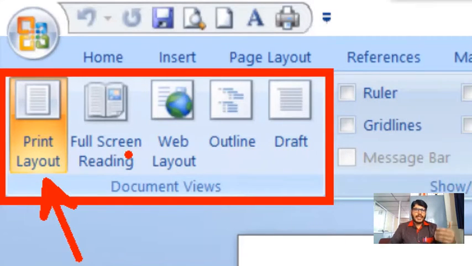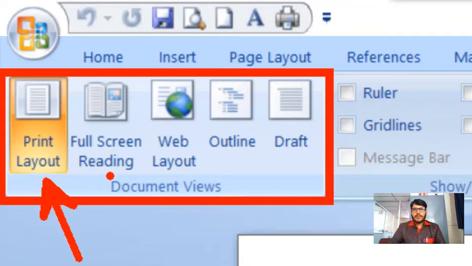Assume that I want to read the content here. At that time, I can go for full screen reading so that I can read the content very easily.